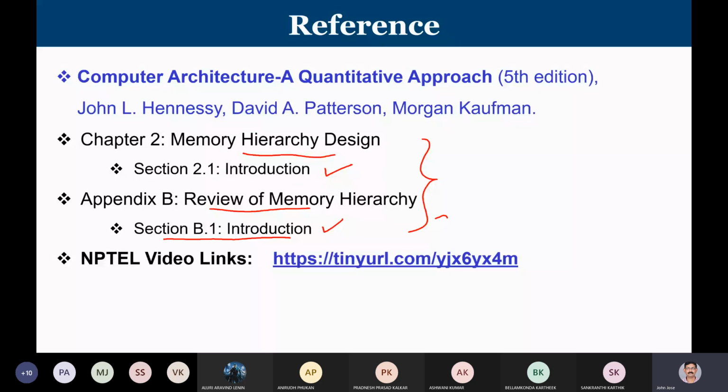So if the offset is going to be the middle bits, then the contiguous locations in the main memory will be mapped to different sets in the cache. What I want is, once I enter into a cache, I have to continuously supply data from there rather than going into a different set. So contiguous locations in main memory, I want to preserve as contiguous locations in cache, and that is possible only if the offset is the LSB. Okay, sir. That is to facilitate spatial locality, because I am sure that the processor will ask for the adjacent location soon. It's already present in the current set. I just want to transfer the next word. That's all.